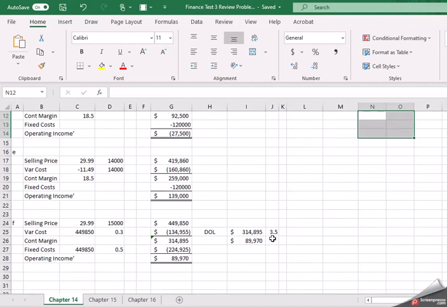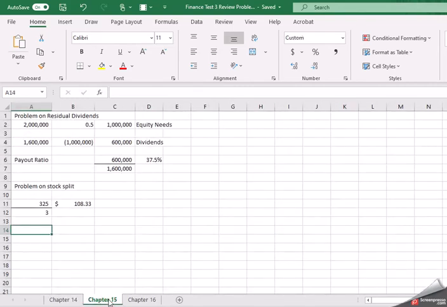Okay, so that is the problems on chapter 15. Again, there'll be multiple of them, and they're going to be multiple choice, but they'll be worth higher points. The conceptual multiple choice will be worth 2.5. These computational ones will either be 5 or 10, depending on how much work you have to do to get to your answer. Okay, then chapter 15, you'll have a problem on the residual dividends, where you've got to know